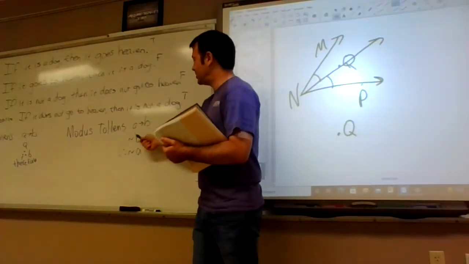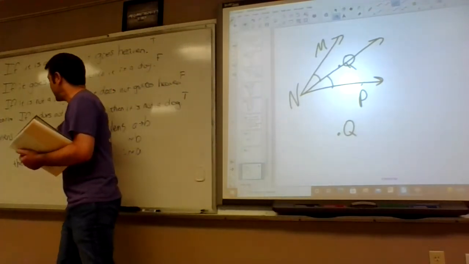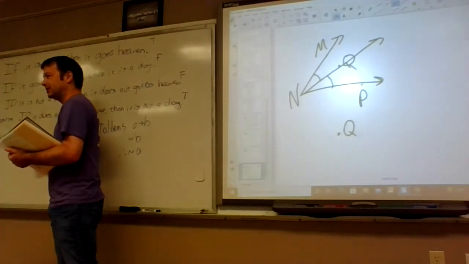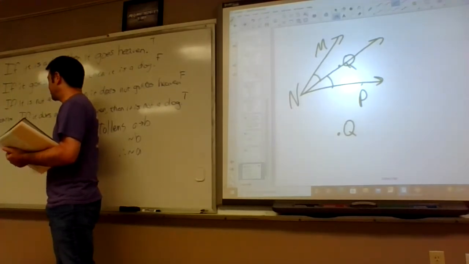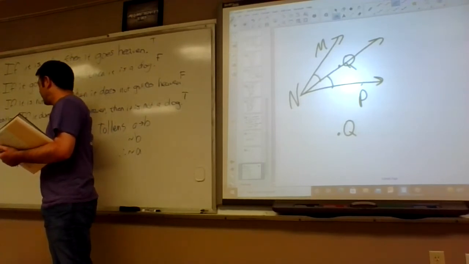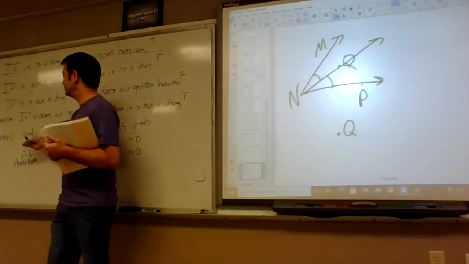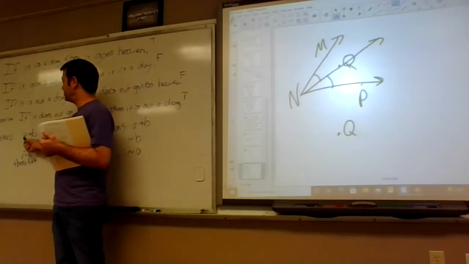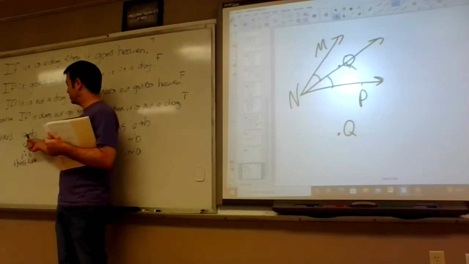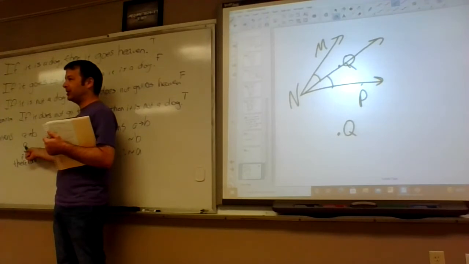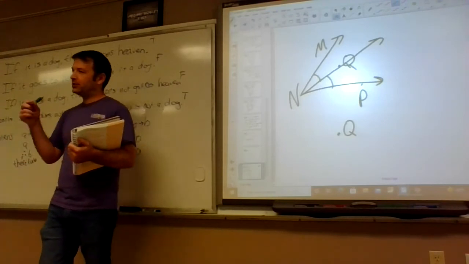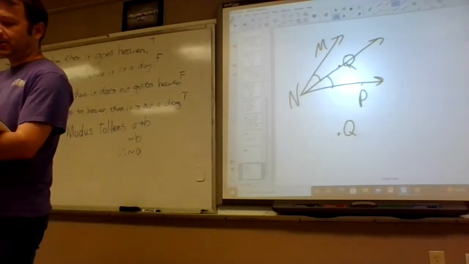They said if A then B, then they said A, so we're going to say then B. It's modus ponens, but what are we going to say? They said if Q is on the interior of the angle, then the angles will add up to the big angle. Then they said Q is on the interior of the angle. So we're going to say then the little angles add up to the big angle. But we're not going to say it like that. We're going to say it like they said it.